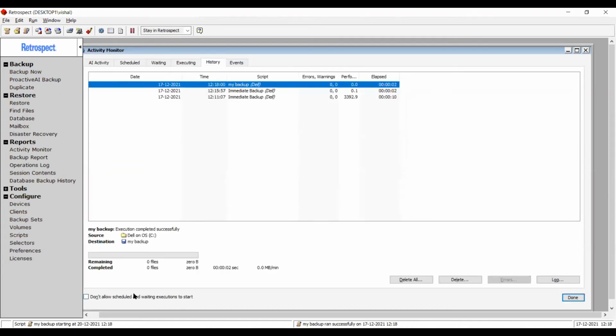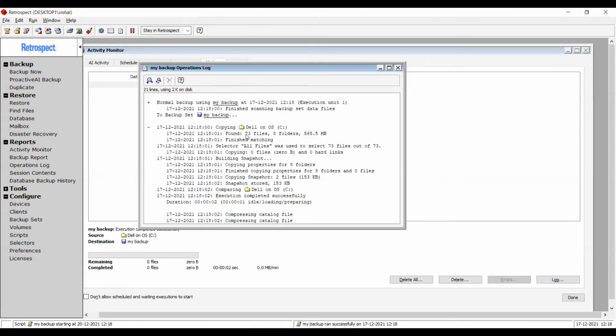And it wasn't going to copy anything. It said 0 files copied. That is perfectly fine. And it reports it's successful because the execution was completed. It was allowed to complete, but it says 0 files copied because nothing was there to copy. You can see that it found 73 files. All files match for backing up based on the selector setting and need to copy 0 files. So the execution is reported completed.